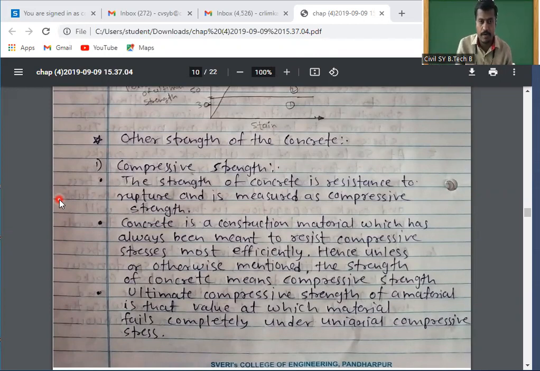Whatever concrete block you are having, you are going to remove the plates of that mold, and there you can see the concrete block is there of size